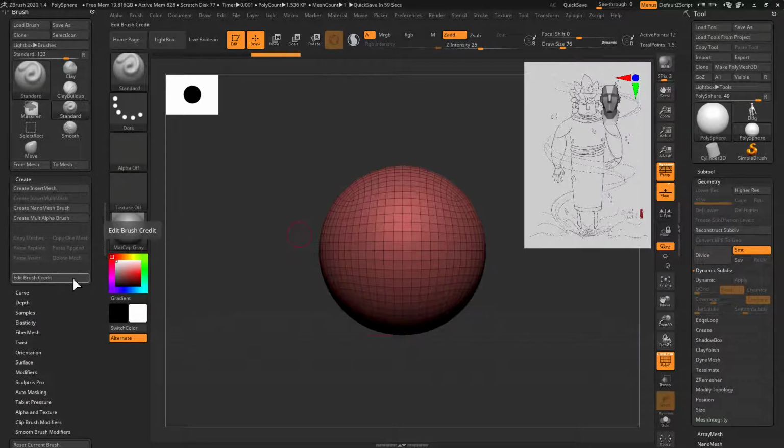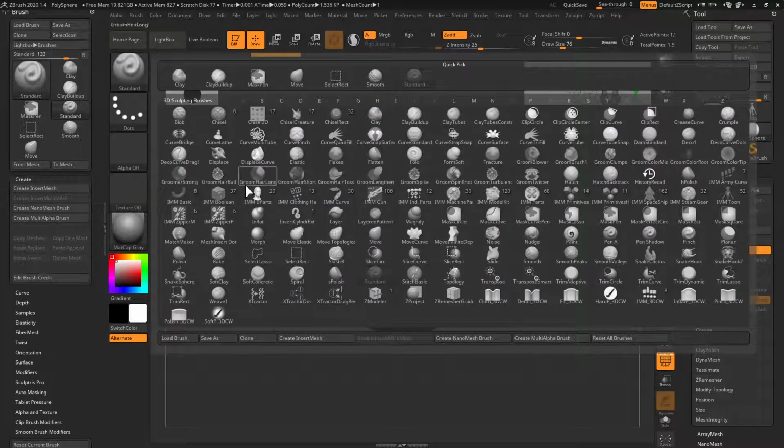So what are insert brushes? Insert brushes are when you can create one brush that inserts several types of geometry in a single go. For example, ZBrush has its own insert brushes built in, but we're gonna use the one that we installed from Shane Olson. So I'm gonna go here, and if you pick one that says IMM parts, IMM basic, for example, this one, IMM primitive, the one that says IMM,